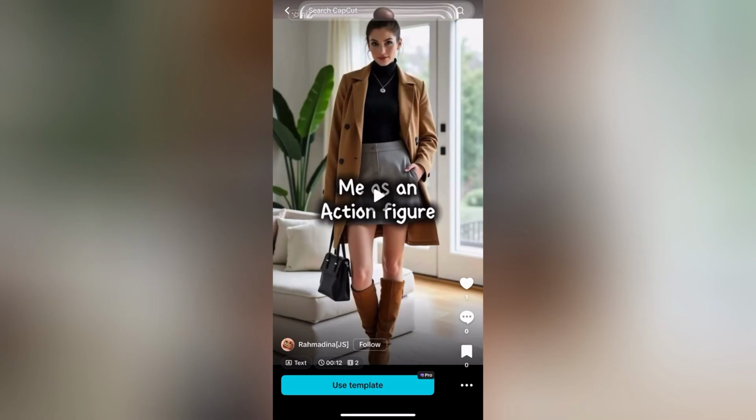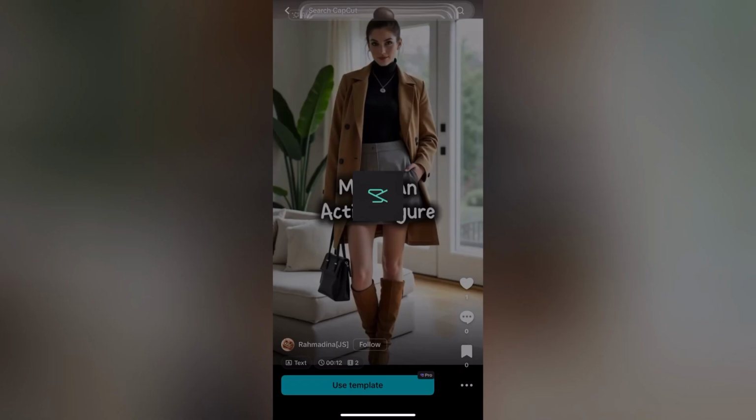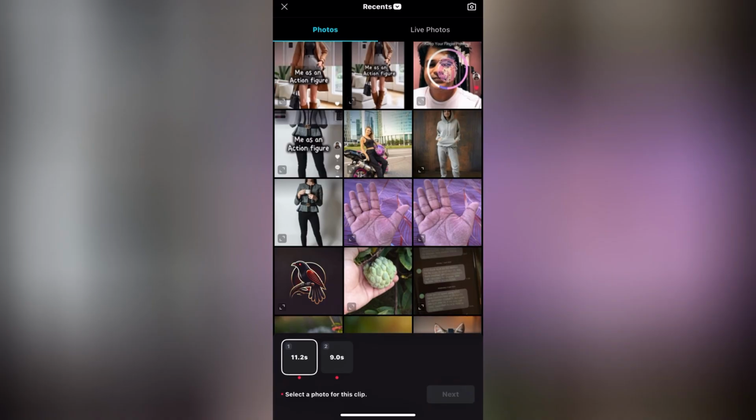Okay, you will be directed to this page in CapCut. Now tap on use template. Okay, now you need to browse the picture from your camera roll. So let's go with